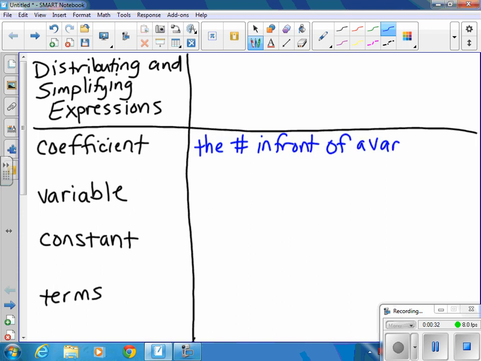And there are some different ways that this might look. So I'm going to give you a couple of examples so that you can see a variety of coefficients. In the term negative 6x, the negative 6 is the number in front of the variable. That is the coefficient. When we have x over 4, there is a coefficient here, but most people want to